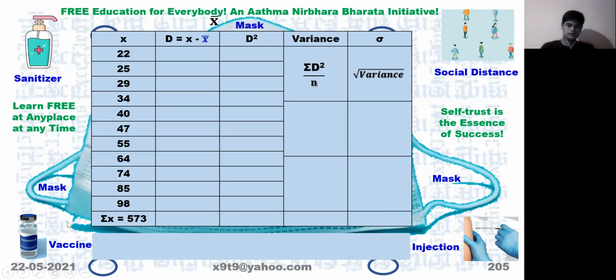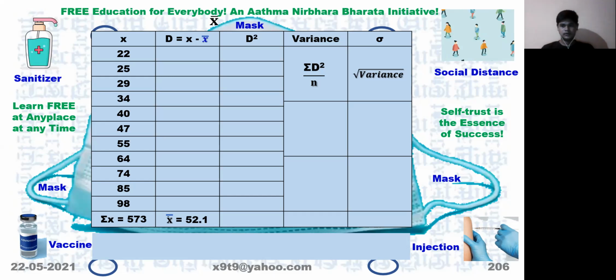52.09. Check how much it is. 573 divided by 11, sir, is 52.09. So we can take it as 52.1. Yes. Now